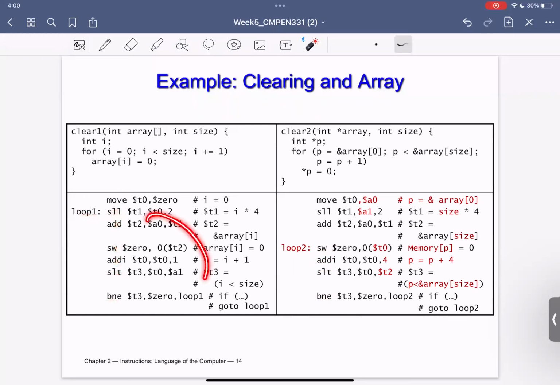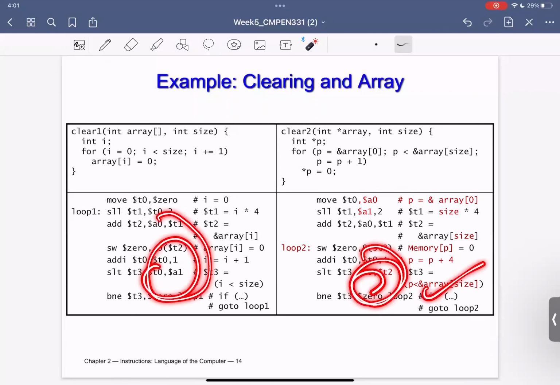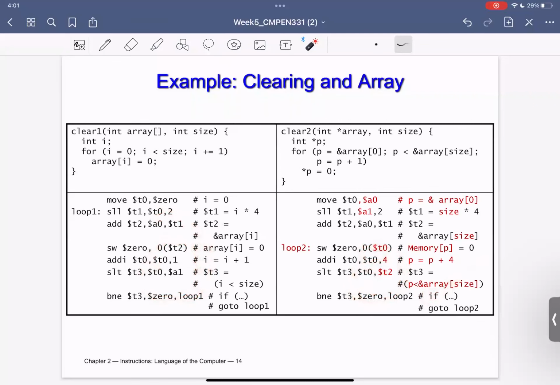So each time you loop, this one takes 6 instructions while the other takes only 4. In the very first step, both have 7 instructions, so they are the same. However, once we go into the loop, this one loops 4 instructions and this one loops 6. So of course, the pointer version will be much more efficient than the one with just the array.